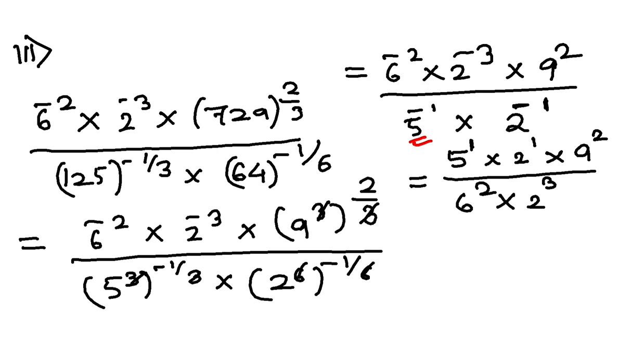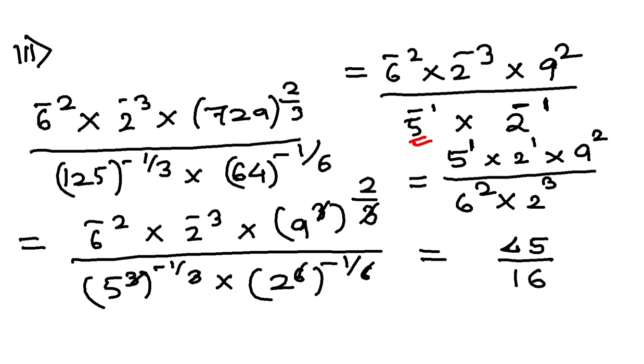I hope you have understood. Change the position: if the power is negative, if it is above it goes below, if it is below it goes above. So this you will finally calculate and simplify and you should get 45 by 16. Alright. So after simplification you will get 45 by 16. So that is question number 3.